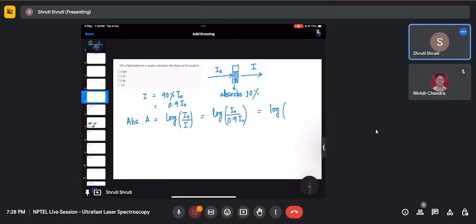Okay, now suppose the same expression I can write for the sample, the absorbance of the sample AS, and for the reference here it will be I naught only, because the excitation source should be the same for the sample and the reference. Minus AR, R denoting the reference. So the ratio,